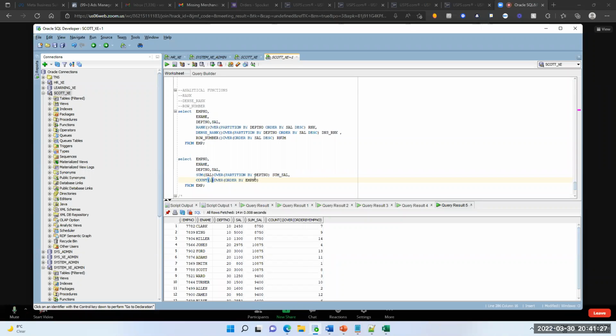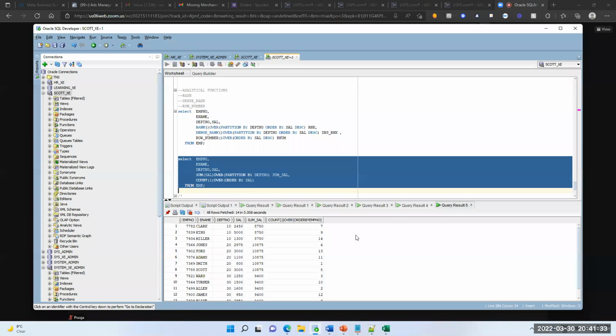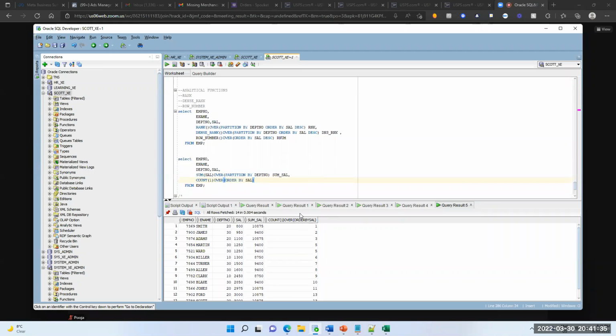You can go with salary, whatever you want. You can write any criteria. Count of one also you can write, like this also you can write.